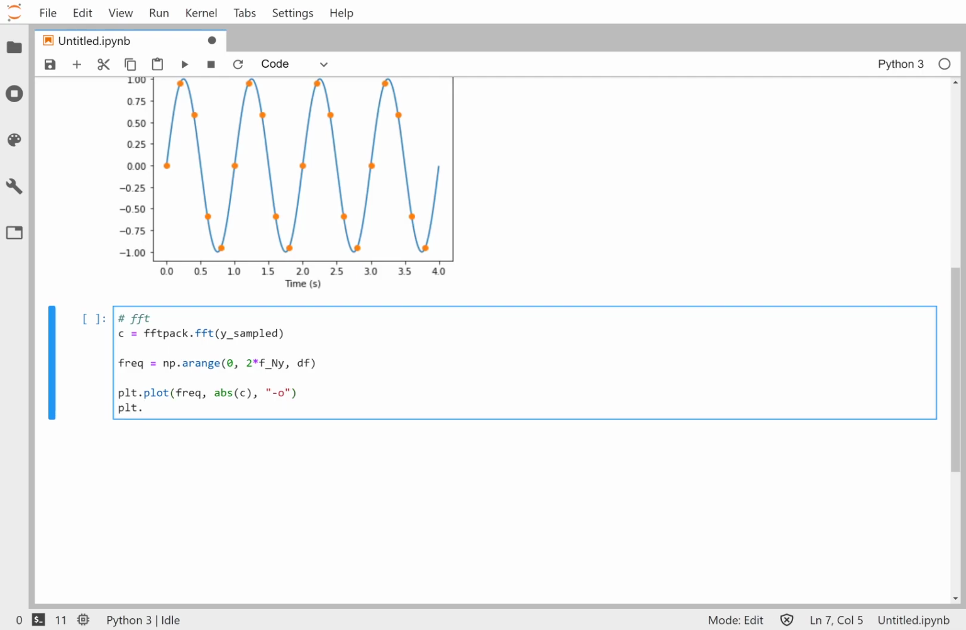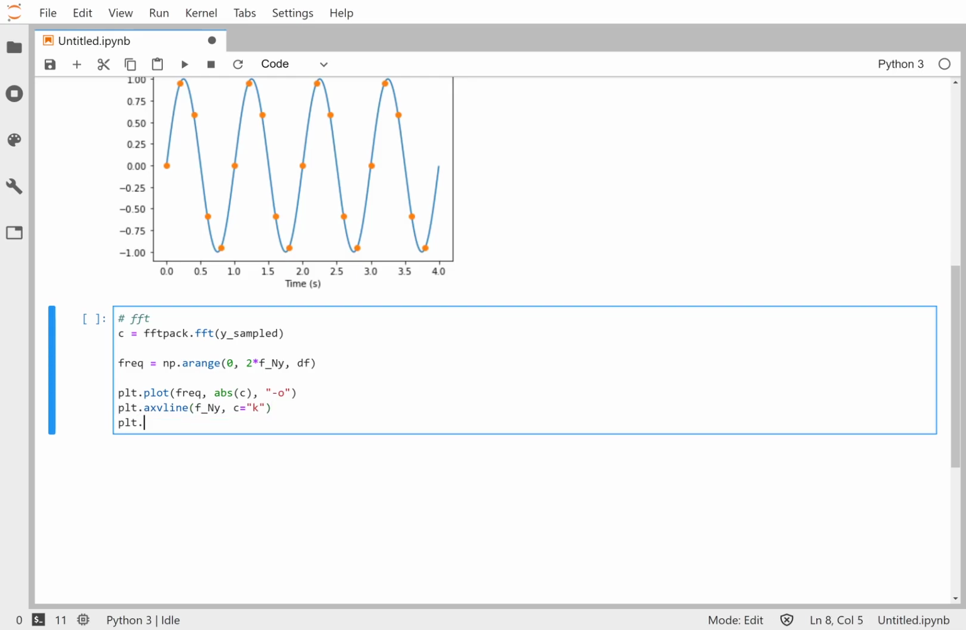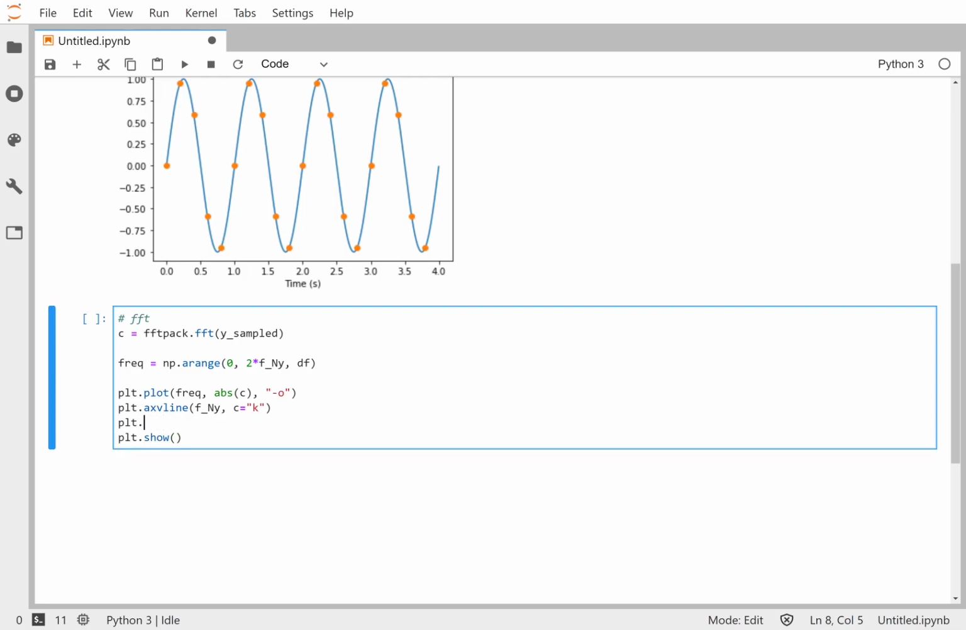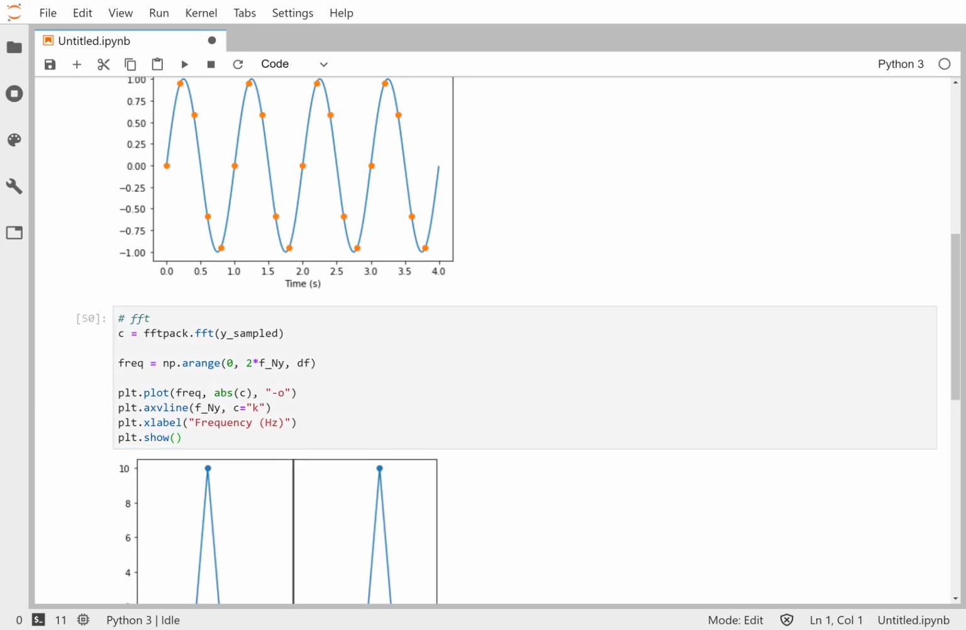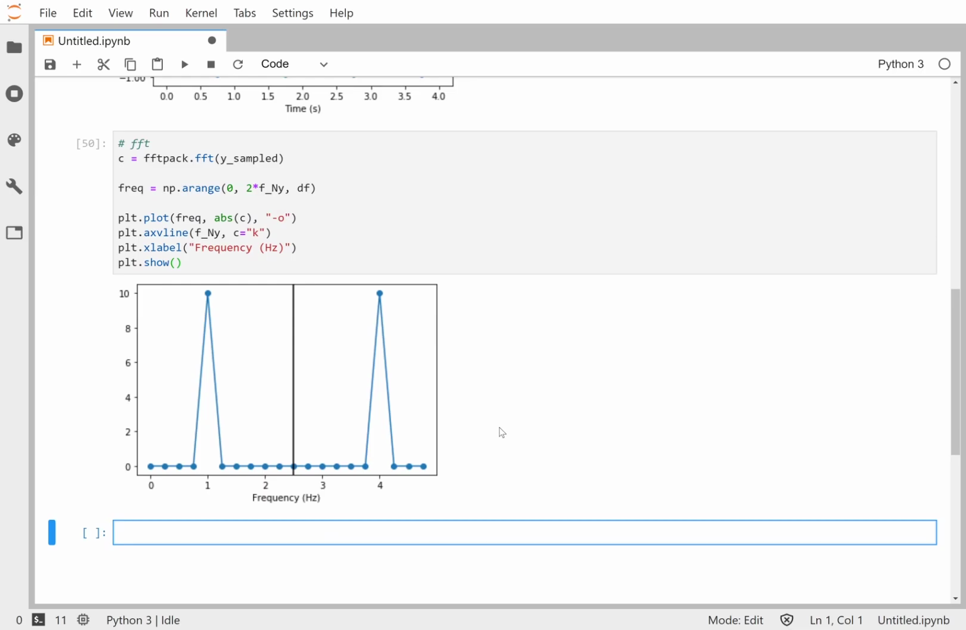And let's draw a vertical line, an axvline, and we're going to put it right on the Nyquist frequency. And we're going to make it black. Okay, and so like we did before, let's put some units on here. Our x label here is going to be frequency in hertz. Okay, so here's our frequency in hertz, and you can see we have a peak at 1 hertz, which makes